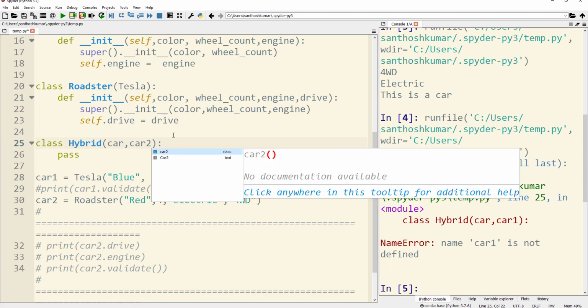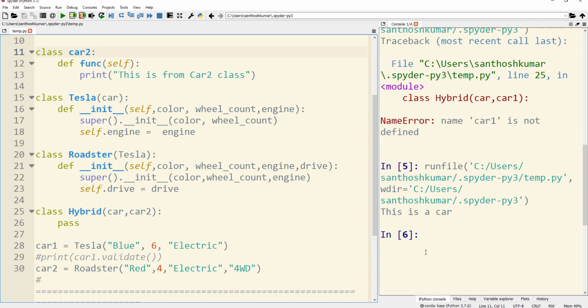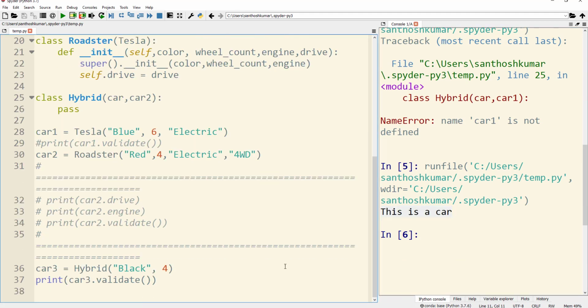The print car3.validate statement returns this is a car. Because the number of wheels equals 4, this statement is returned, and this is coming from one of the parent classes, car.